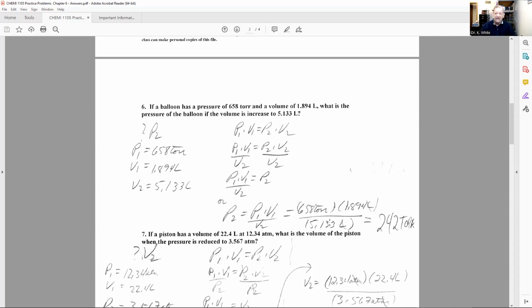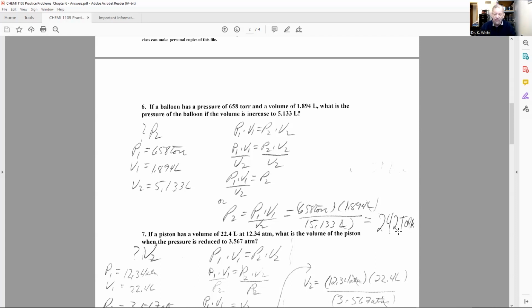Now, before I pick up my calculator, I'll check my units. And notice here, we have liters divided by liters. That means the units cancel out, and I'm left with torr. And yay, torr is a pressure. Now, remember, in multiplication and division, you get the same number of significant figures in your answer as the number that has the lowest significant figures. Now, in this case, 3 significant figures, 4, 4. What's the lowest number? Hopefully you pick 3, and you round your